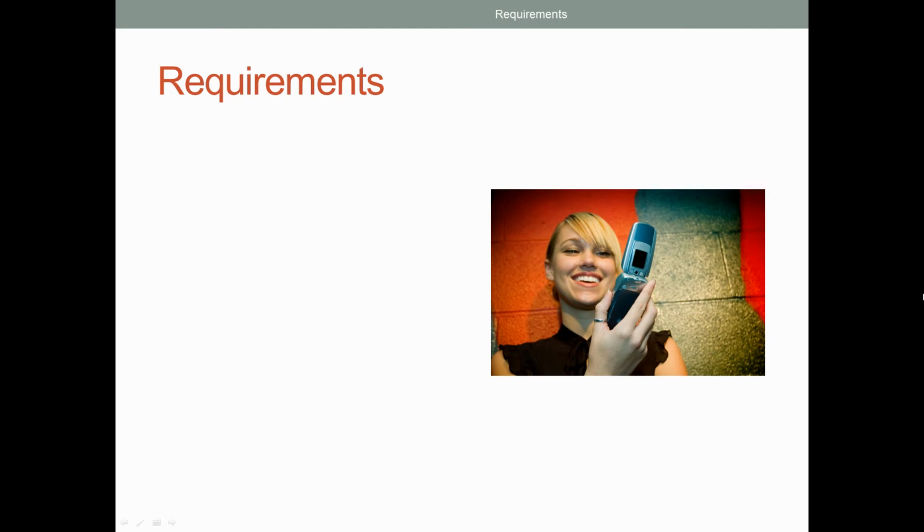Before we get started orchestrating, there are a few things we need to keep in mind and requirements that we need to consider before continuing. First of all, you need a computer. It could be a desktop, a laptop. It really doesn't matter, as long as you can run programs and you have, say, 4 gigabytes of RAM, you'll be good to go.